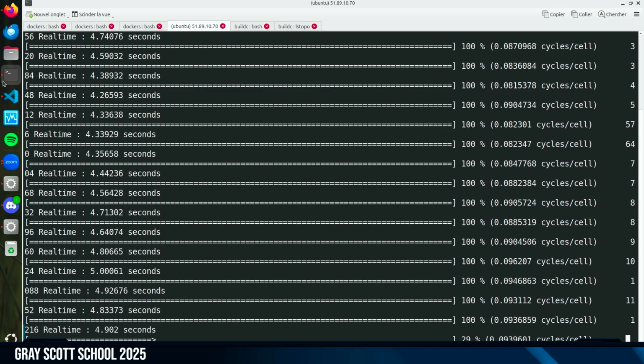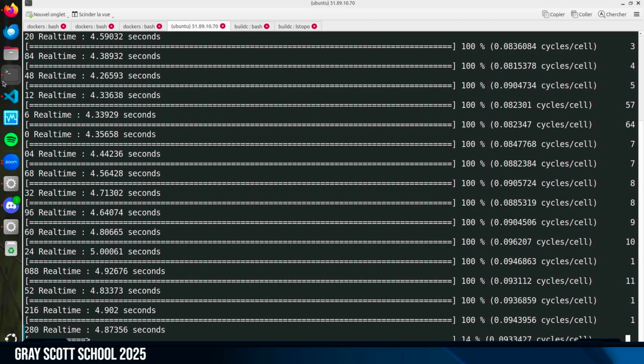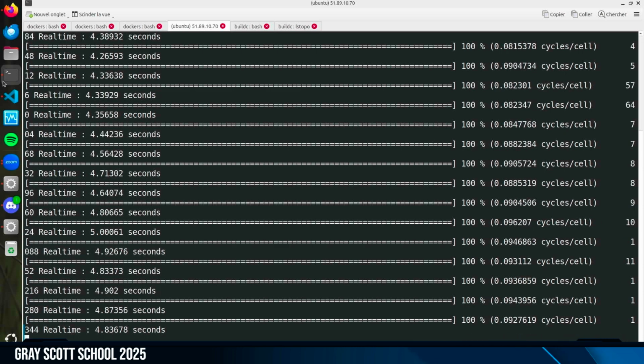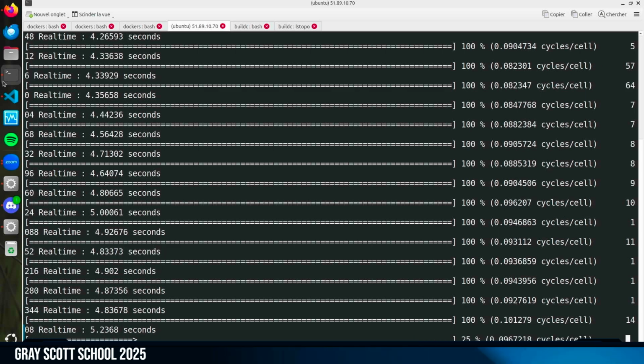Was my run finished? Yeah, I put a lot of values. I should have probably reduced the number of steps.